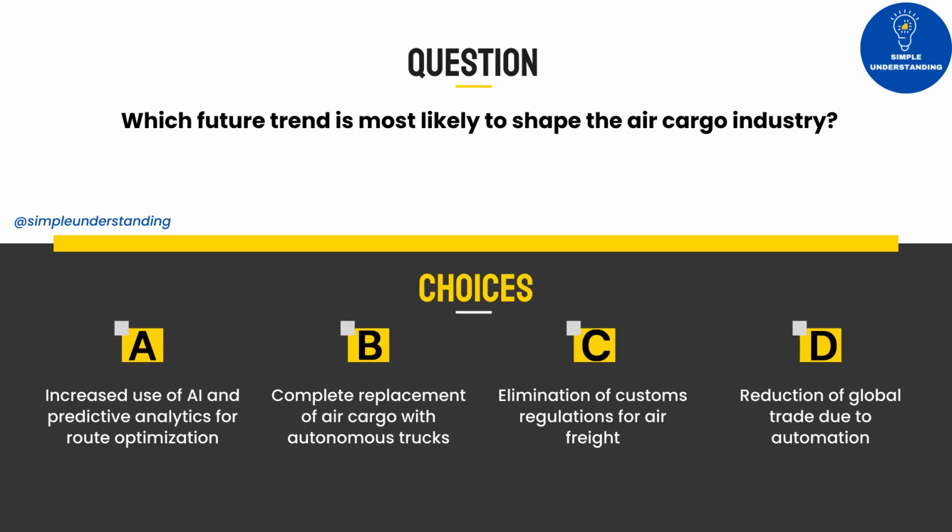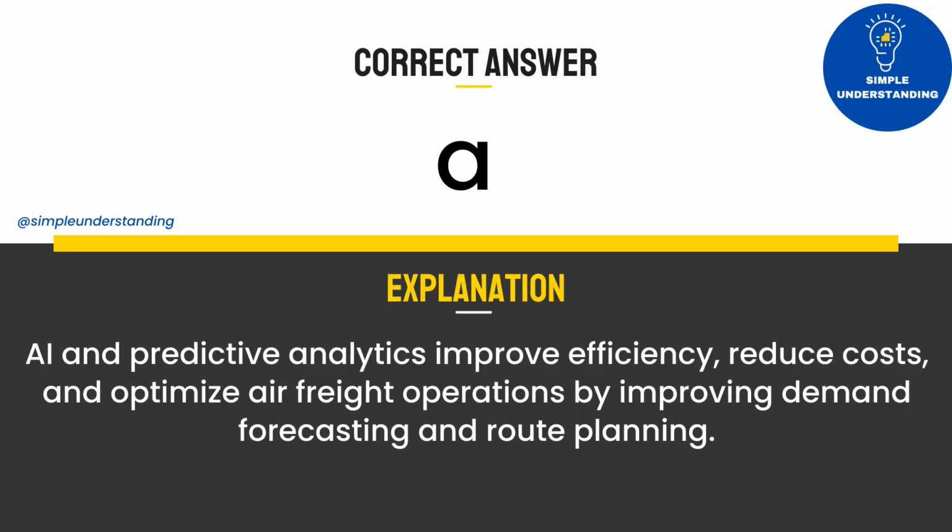Which future trend is most likely to shape the air cargo industry? A. Increased use of AI and predictive analytics for route optimization. B. Complete replacement of air cargo with autonomous trucks. C. Elimination of customs regulations for air freight. D. Reduction of global trade due to automation. Correct answer: A. Explanation: AI and predictive analytics improve efficiency, reduce costs, and optimize air freight operations by improving demand